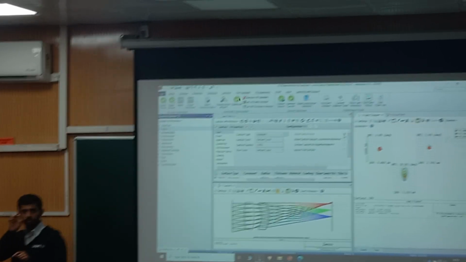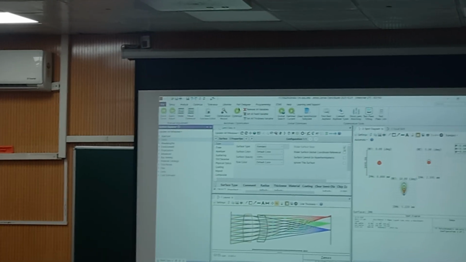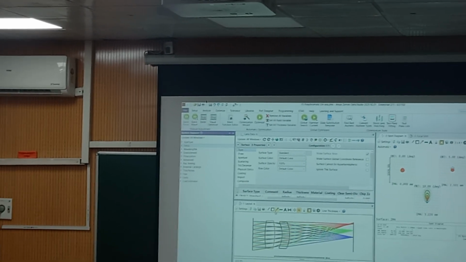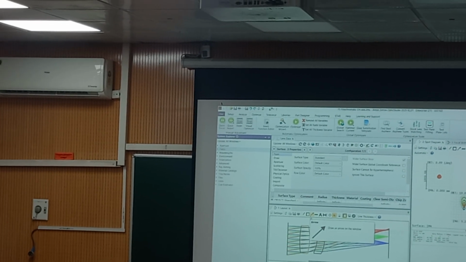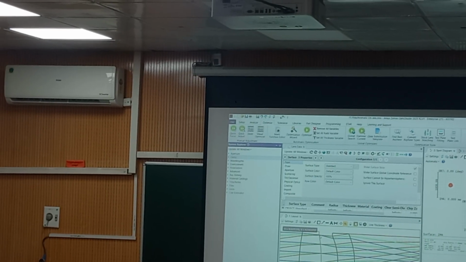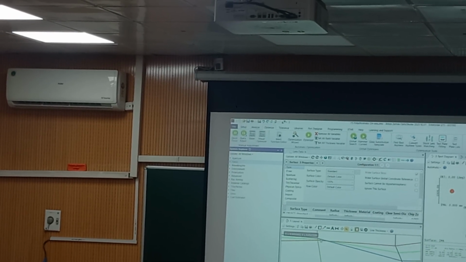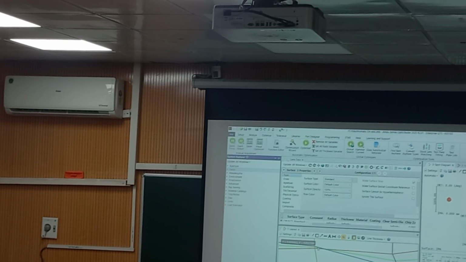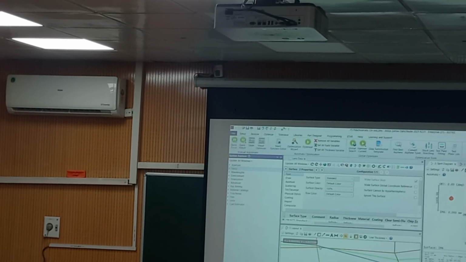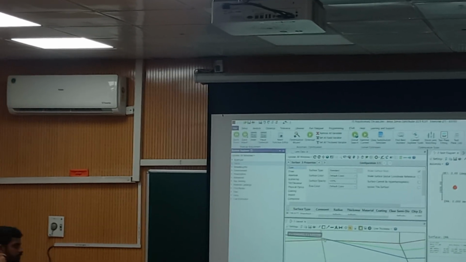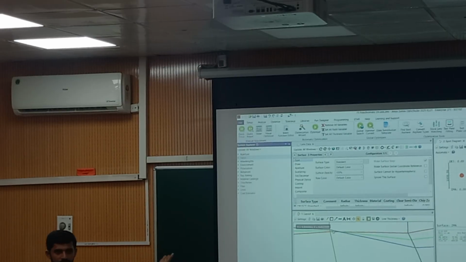But थोड़ा सा zoom करो stop surface पे. Okay. So मैं क्या कर रहा हूँ? Mouse पे बीच का बटन scroll है ना, उसको use करो and zoom in. So when we talk about defining a stop aperture, limiting aperture, all the rays should be focused at that. It should be the limiting aperture. But looking at the rays, it doesn't look like.